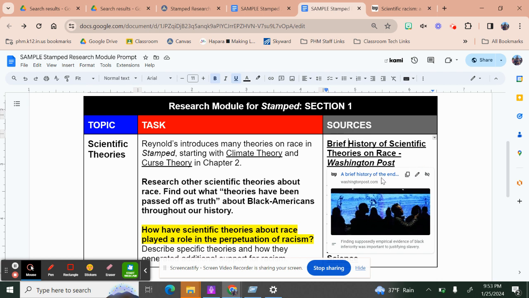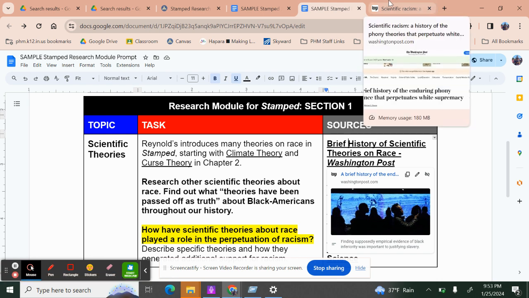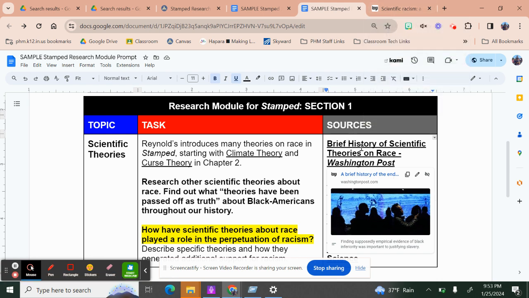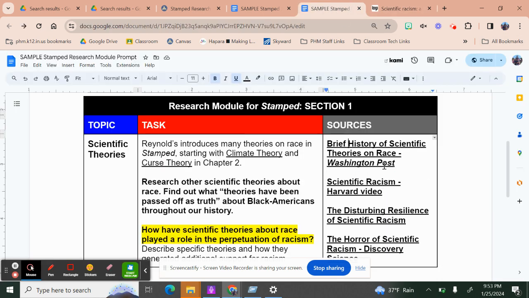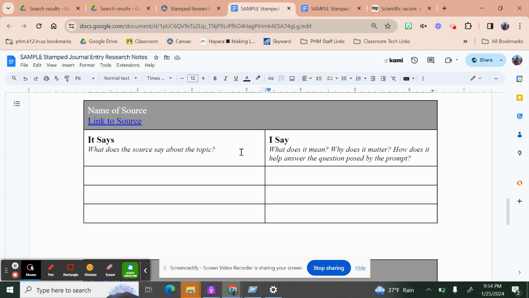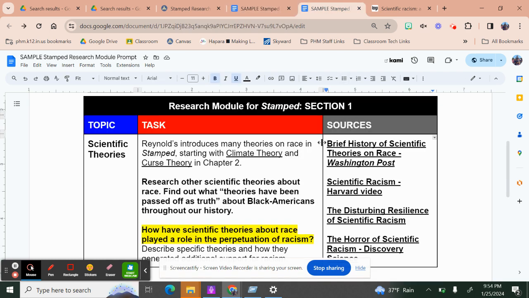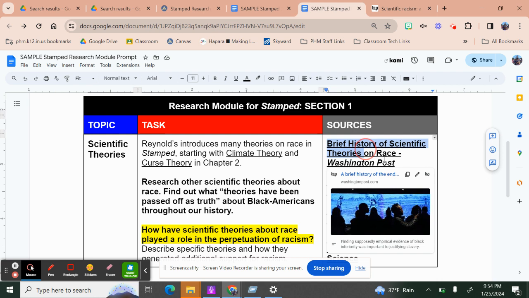Remember that you might want to use a tool like Annotate to take notes on these web pages. It's a nice tool, and actually, the first source that I used was this article from the Washington Post, which was a web page. I went ahead and opened the link here, and the first thing I need to do, as far as my notes are concerned, is I need to go ahead and put the name of the source